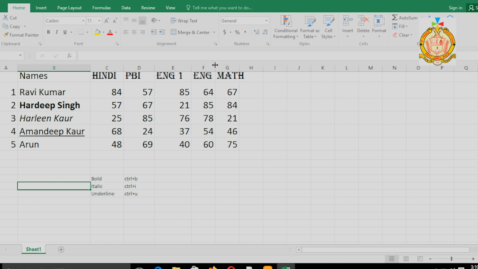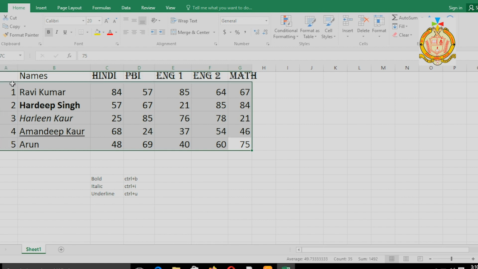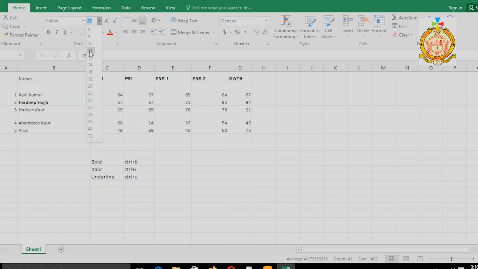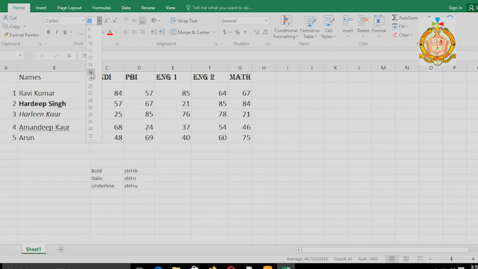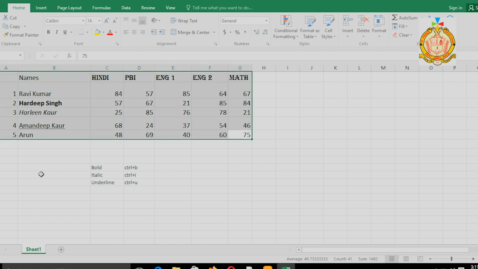Now English 2 is not visible, so I have to make it large, and now you will get visibility. Again, if you want to decrease the size, it is very easy. We have to select, first step is select, and then here font size, and you can make the change like 16 or 14. 14 is enough.